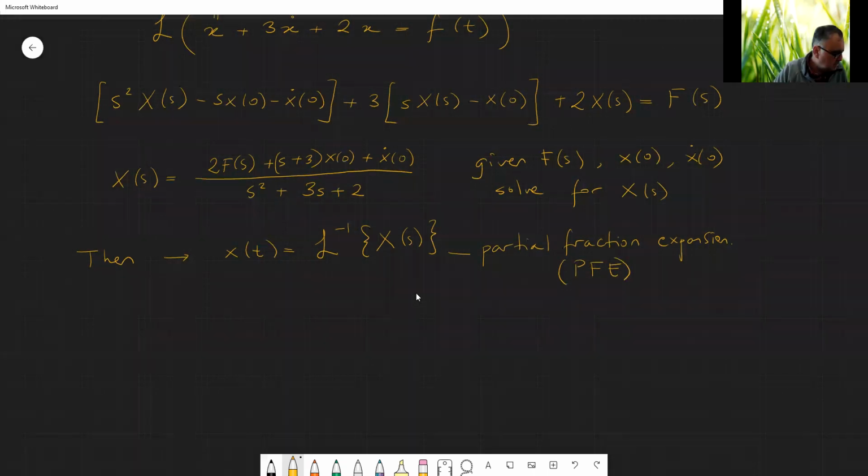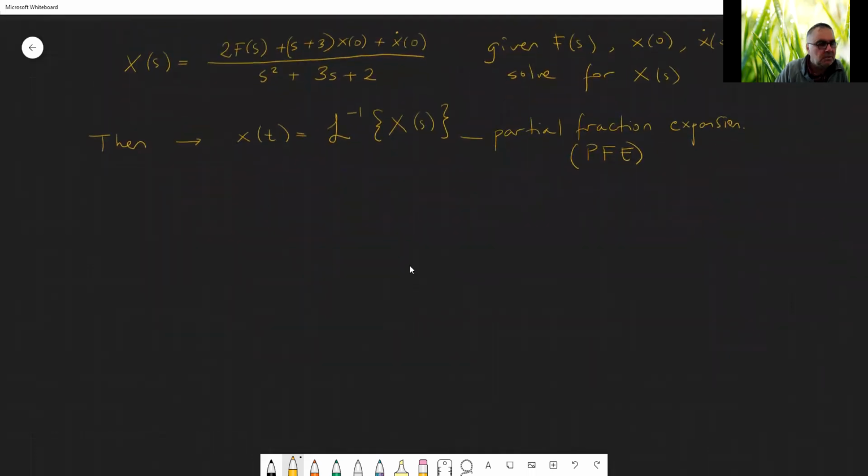And from there, we solve for the unknowns. We have very little time, so I'll just give you a very short example. Let x of 0 equals x dot of 0 equals 0, okay? And f of t